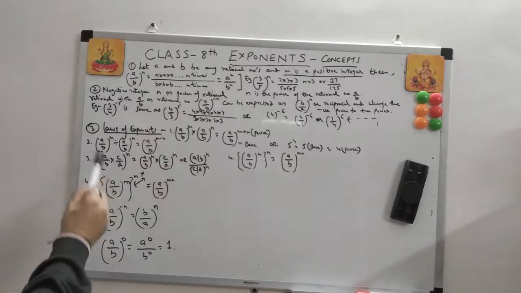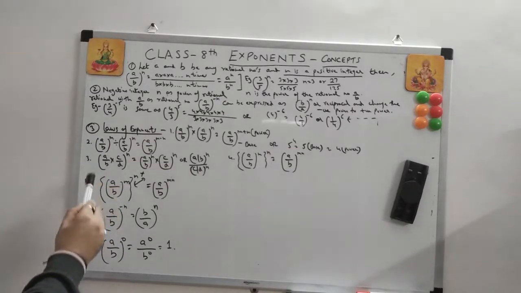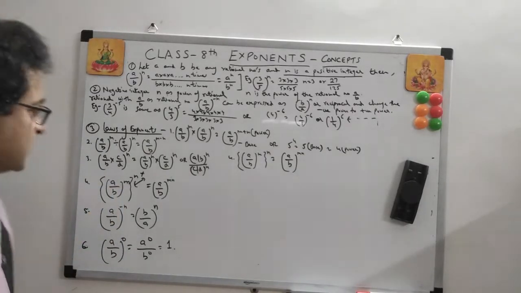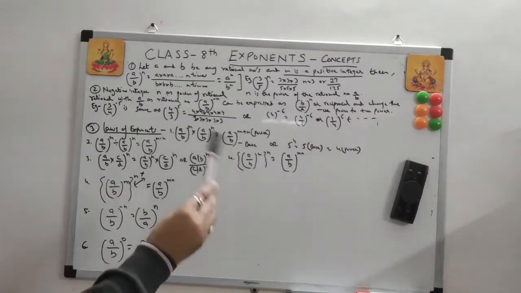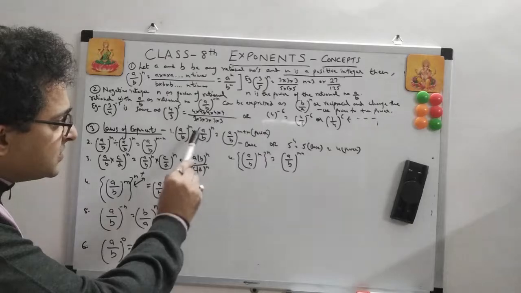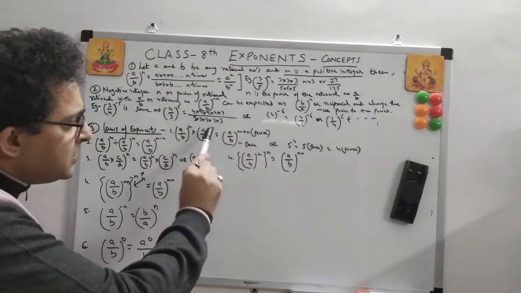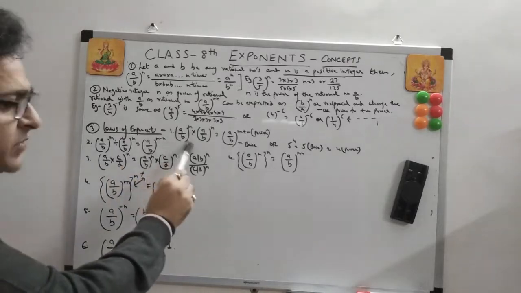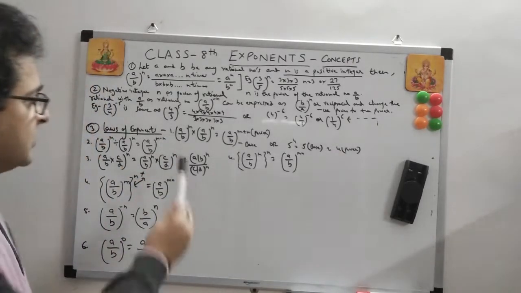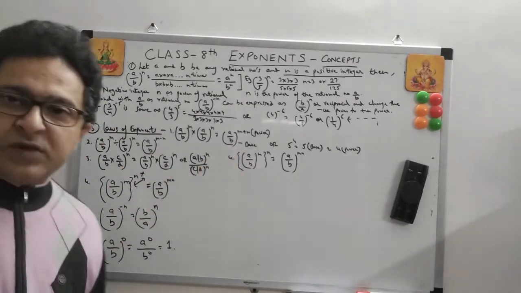Now a upon b into c upon d. When there is a multiplication. So here there was a division. When there was a multiplication first, we added the powers. Now what are we doing? Now we are dividing. In the first law we are multiplying, so there is an addition of the powers.